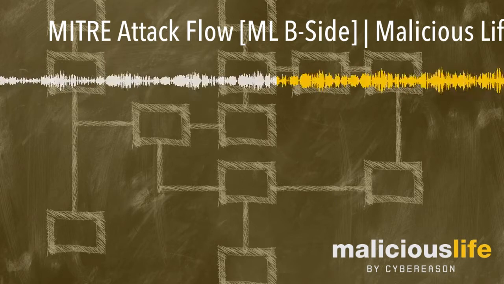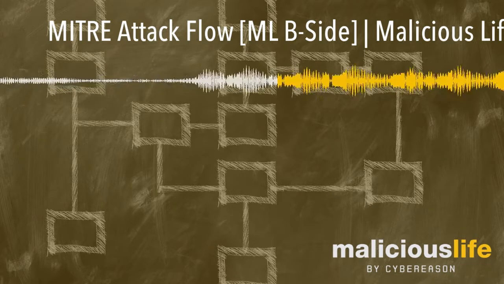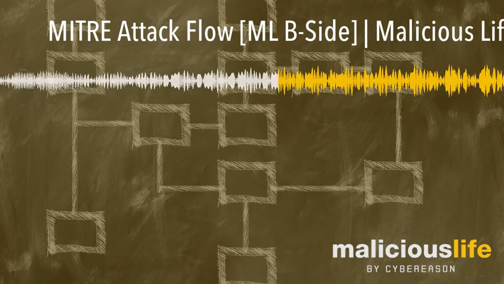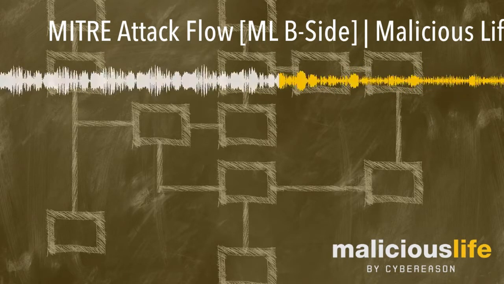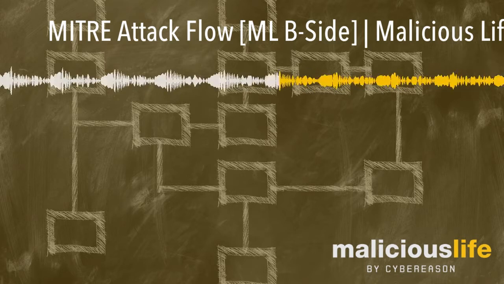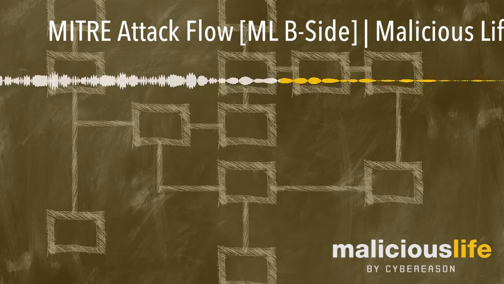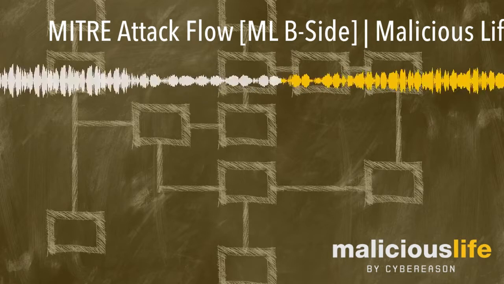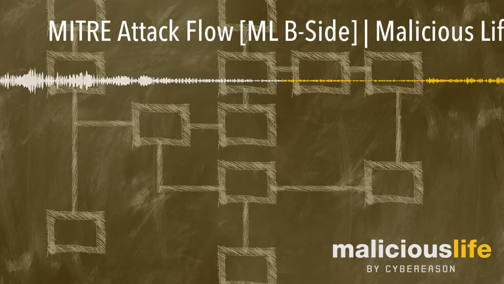Maybe another example for an adversary discrete behavior may be to gain execution by using PowerShell. And these are all examples of indicators of behavior. But in an enterprise environment, these behaviors will more commonly be done by legitimate users than by attackers, and so they aren't going to be very effective for threat detection since they'll produce a very large number of